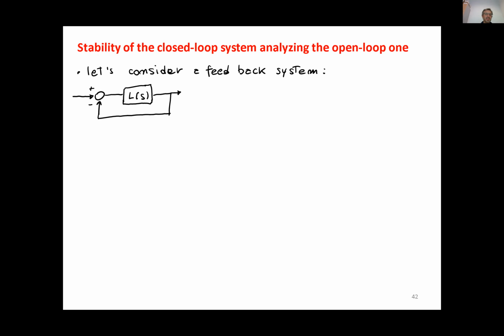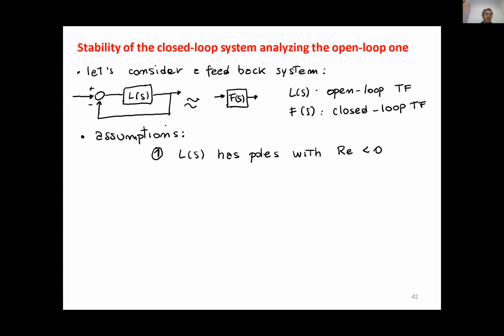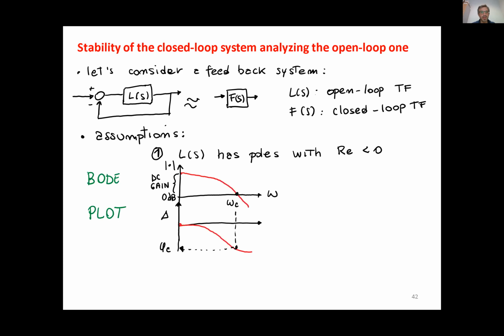So let's consider a feedback system like this, where we have the transfer function L(s), the controller and the plant multiplied. And this is equivalent to F. Yes, that is the closed loop transfer function, while L(s) we call the open loop transfer function. And we assume that we don't have poles with positive real part in the system, so both the system and the controller are stable by themselves, and we know that the Bode diagram of the amplitude of the open loop transfer function L(s) is cutting the frequency axis